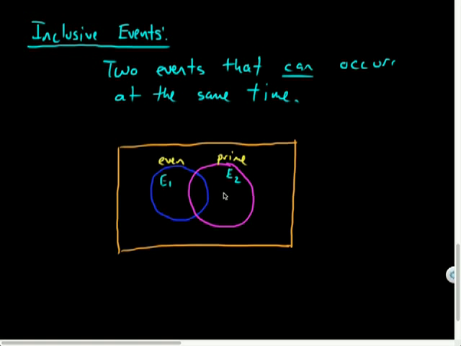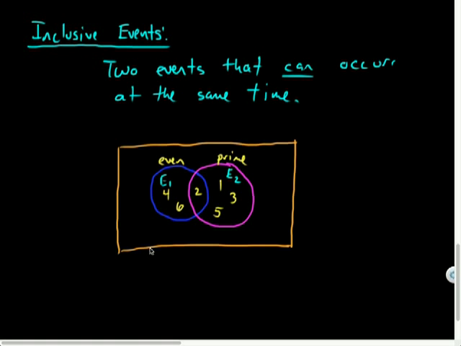So let's see, prime numbers are like 1 is prime, 2 is prime, but 2 is also even, so 2 is an overlap. 3 is prime, 4 is not prime, 5 is prime. And then even numbers that were not prime would have been like 4 and 6, right? So there was some overlap between those two things,